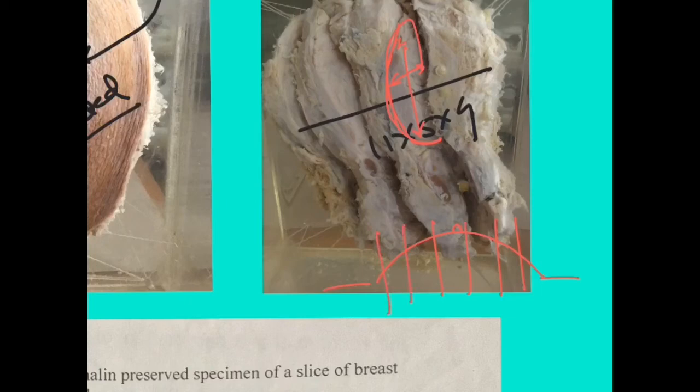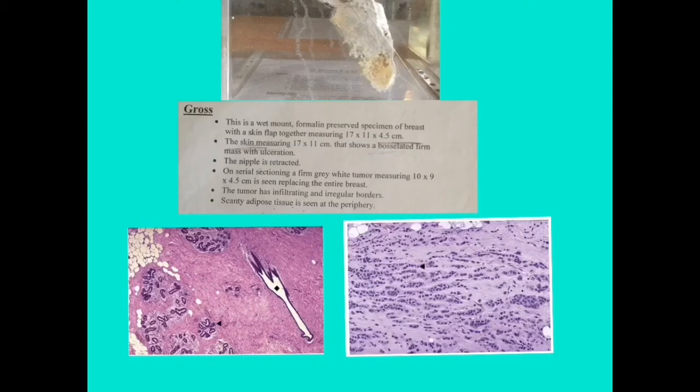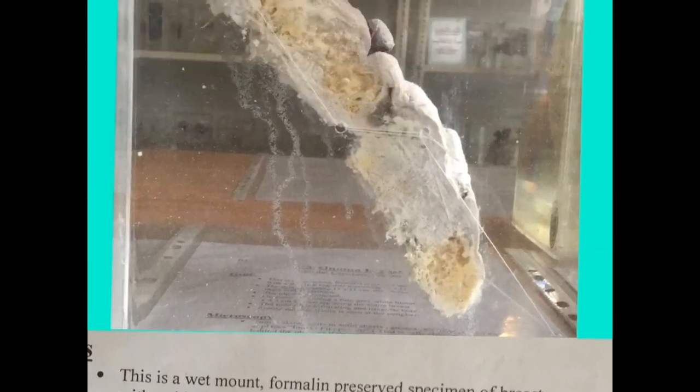If you keep the specimen like this and cut like this, this is the same specimen showing the tumor. So this is the tumor of breast cancer. Histology I already discussed, so this is an invasive ductal carcinoma. The same specimen described over here is invasive lobular carcinoma. I am sorry for the photograph, but the description is one and the same.